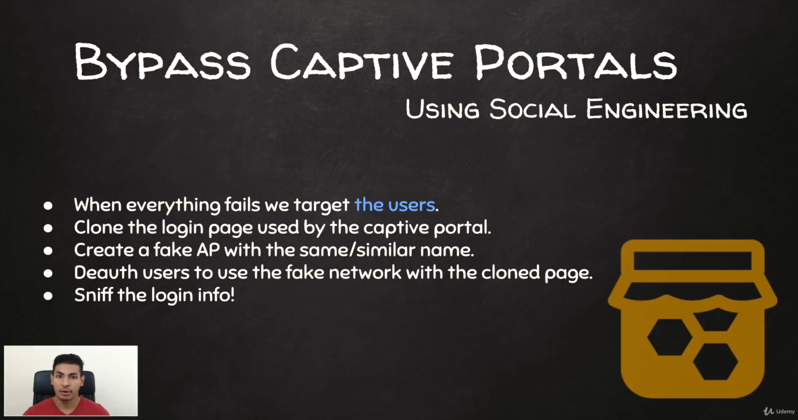So far, we've seen a number of methods to gain access to captive portals. Now, let's say your target network was using encryption, or for any other reason you just couldn't gain access to the network using the methods I showed you. Then the last resort is to target the users and use social engineering to gain access to the target